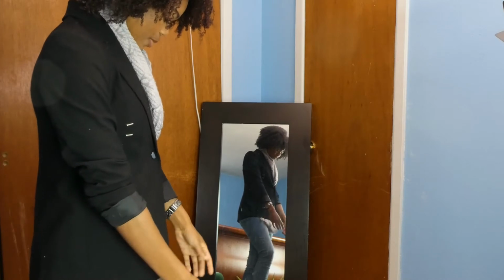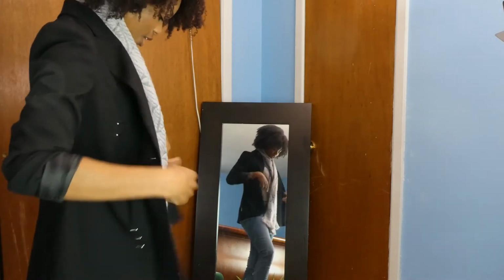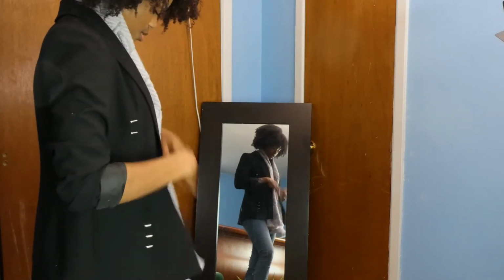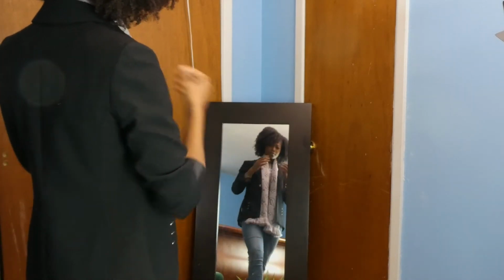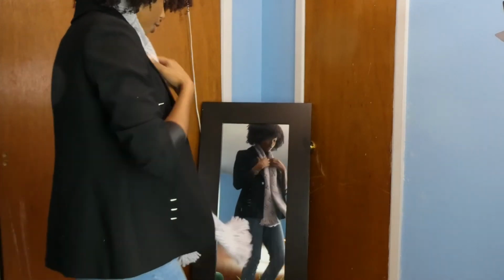But it just gives it a little bit more detail. It's like a peekaboo. If you want, you could open up the jacket, let the scarf kind of hang like this. It's still casual, keeps you warm, all that jazz. That's one way. Another way